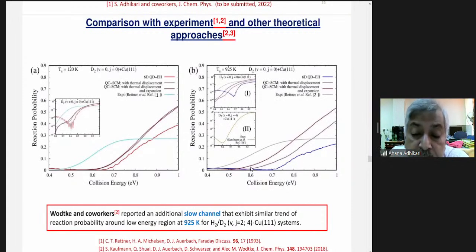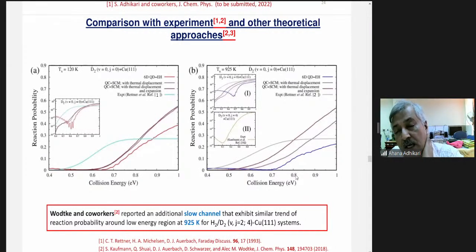experiment and other, this is 120, this is 925. For 925, if you look, these are the other theoretical results that have no saturation, that go higher and higher. And you see my collision energy range is 0.4 to 1. So within that, I assume my approximation at the level of mean field or Hartree product works well. And you see our 925 reaches saturation, even though the threshold has a difference,